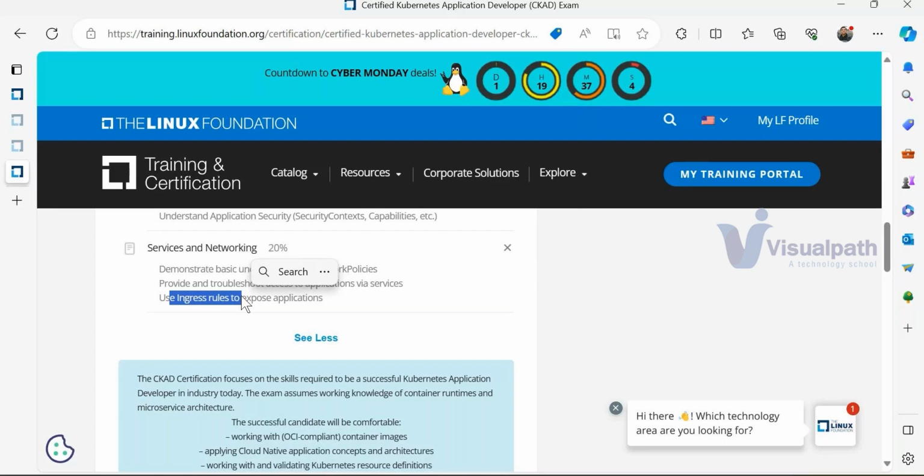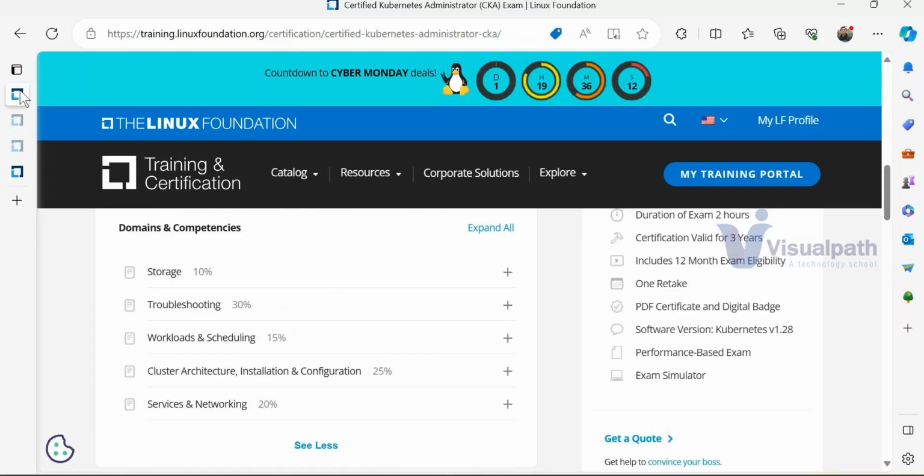This will be covered anyhow. I don't want to go lightweight. I want to go with the full spectrum of things. So that is the reason we will be doing CKA, not CKAD, right? We cannot do both things. So we'll be going with CKA, not with CKAD.